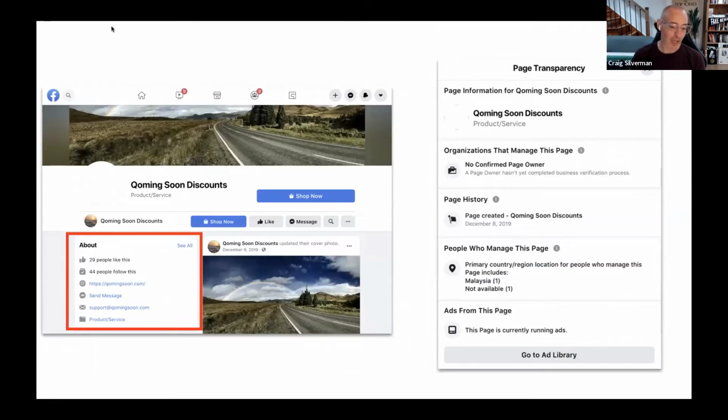Now, if we remember, we can't always 100% trust it. But in this case, there were a few signals here that made me confident that this was a potential Zest Ads Facebook page. If we look at the page transparency on the right, it was running ads and it was running mask ads. So I could see it was actually selling this product. And the second thing is that it said the people who managed this page were based in Malaysia.